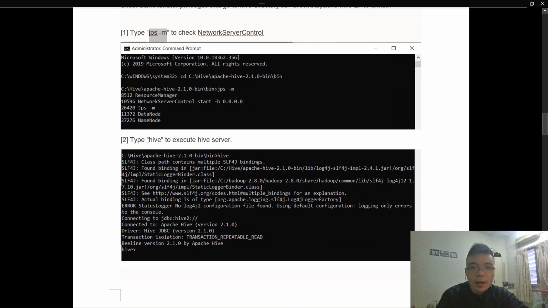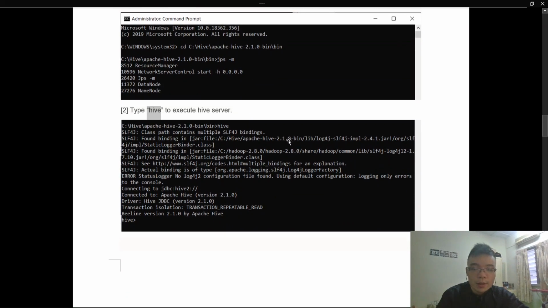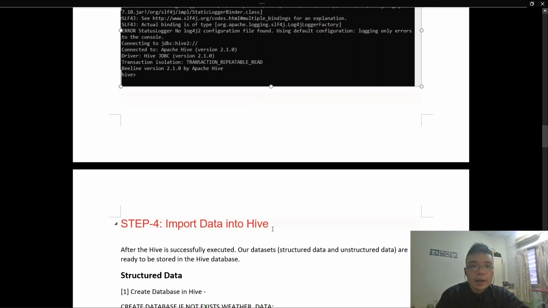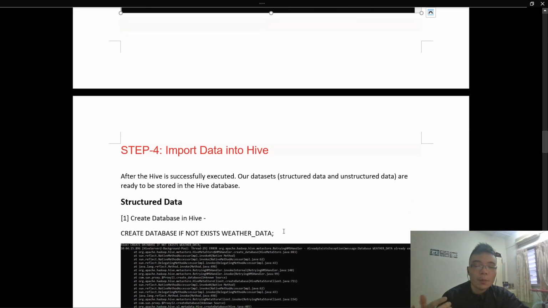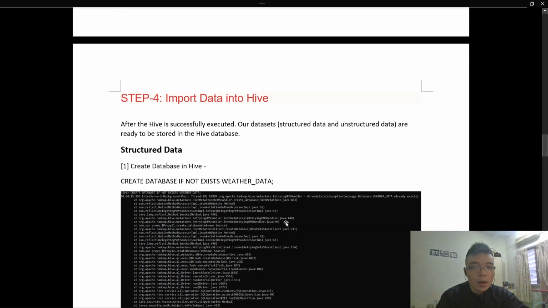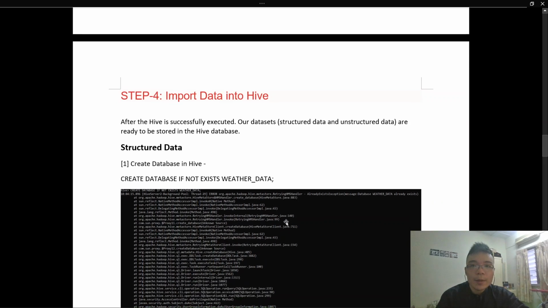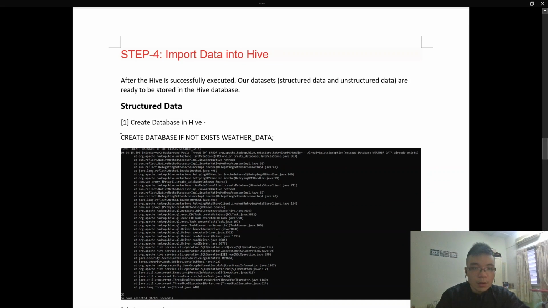Then we are going to type hive to execute the Hive server. So this is what we are going to see when we have successfully launched the Hive server. Then after that, we can start our process of importing the data into Hive. First, we are going to create a database to store our data set, which is the weather data set. So we are going to use this command,